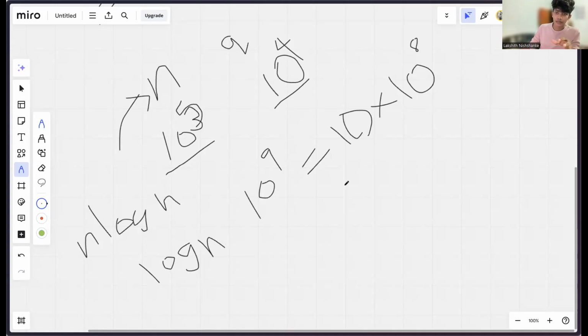For 10 to the power 5, log n is about 20. So each query will take only 20 operations. So 10 to the power 4 into 20, 2 into 10 to the power 5. Our new solution is 2 into 10 to the power 5. So this takes a lot less than a second.